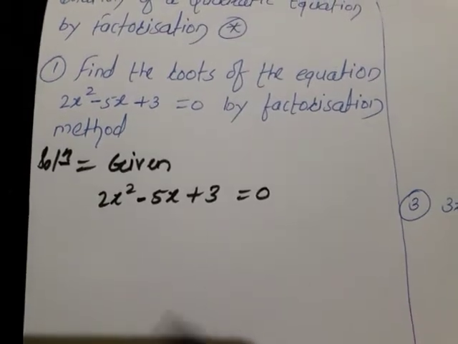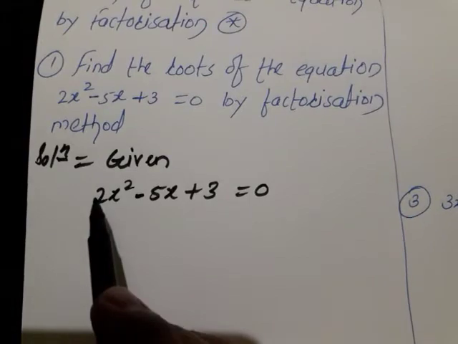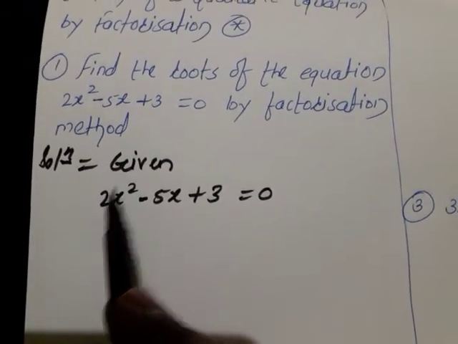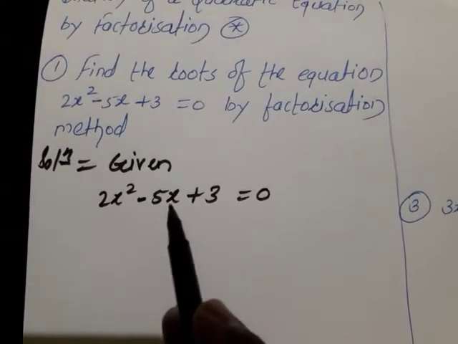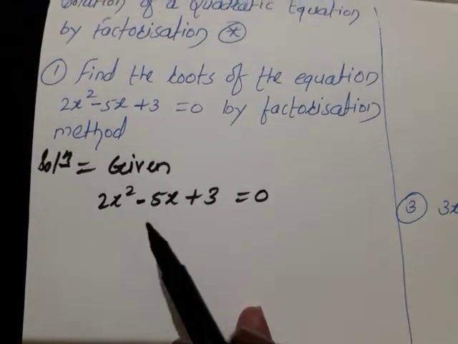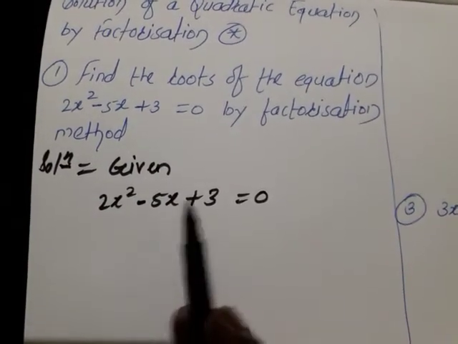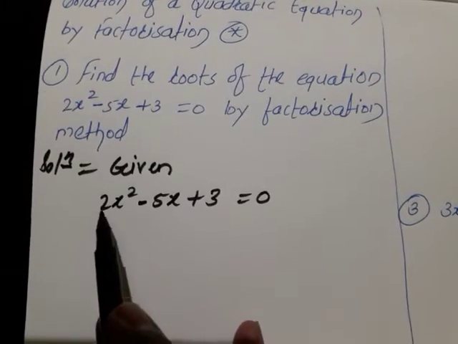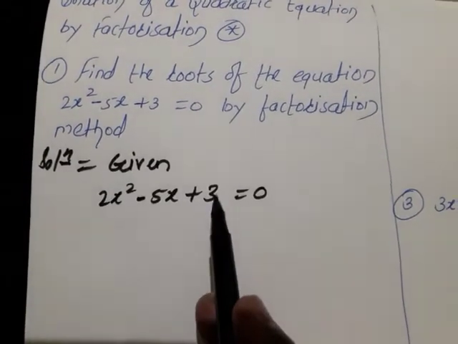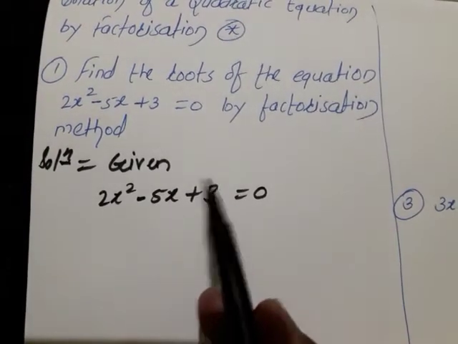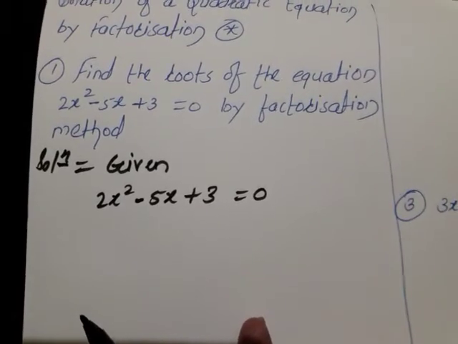Next step: first of all we have copied as it is the equation given to us. The next point is that we have to multiply the coefficient of x square with c. The equation is in the form ax square plus bx plus c. Here instead of a plus sign a minus sign is there, but the form is the same. We have to multiply a with c, and write the answer we get, because this is very important for us.